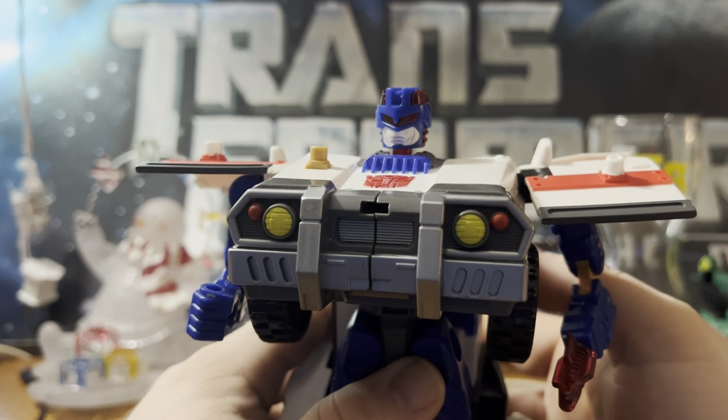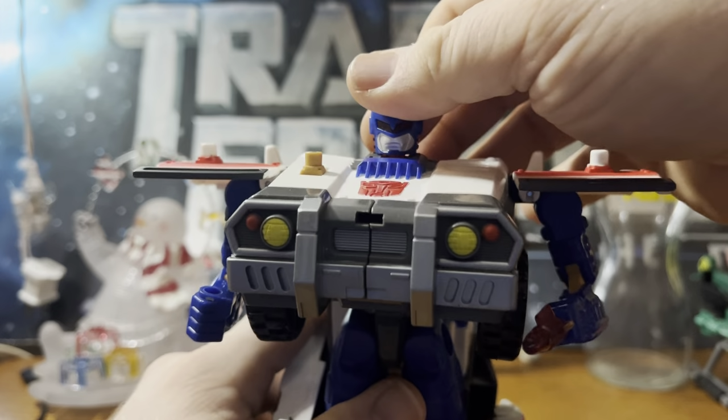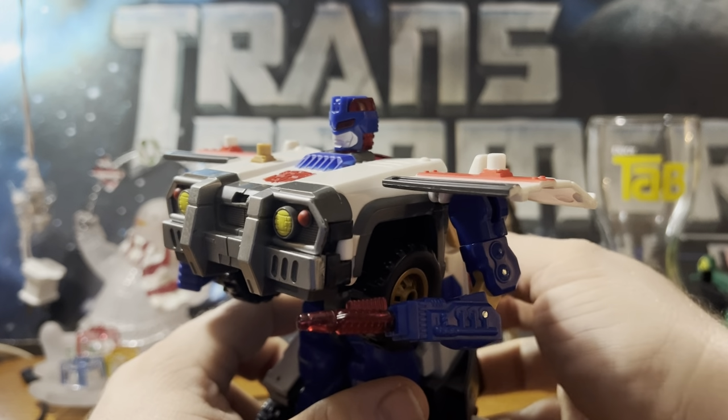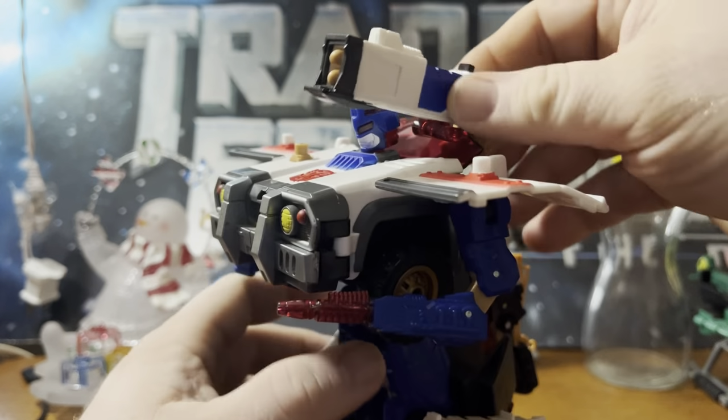Electronic sounds. Don't know why it yells his name out. I don't know what they were thinking for that, but you know, it is what it is. But that was when you push upward. When you push down, you get this cannon popping out,